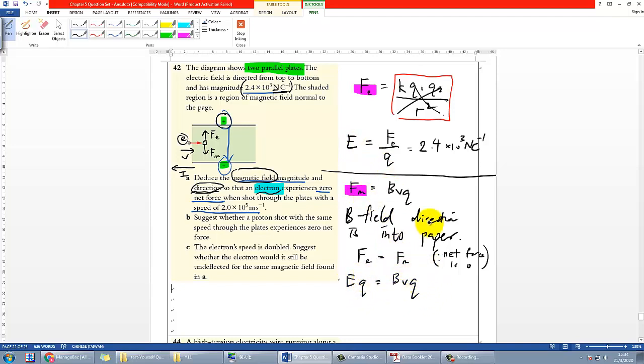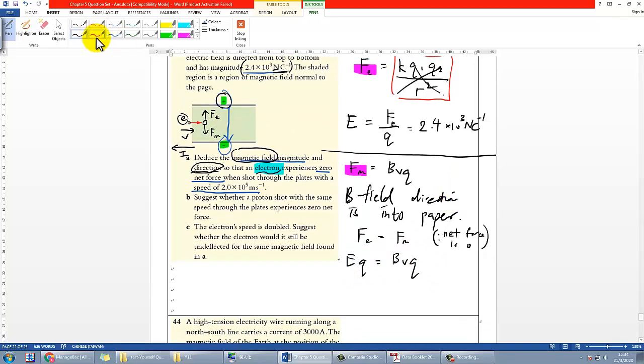Alright, so the expression is actually quite clean, quite direct, and you should find the Q will cancel each other, leaving you with E equals BV. And in fact they gave you the values already, so we can just substitute. For B it is unknown, for V it is given, 2.0 times 10 to the power 5. Just double check all these things are in SI units, so it will be all good, and therefore you should use your calculator and find out B is